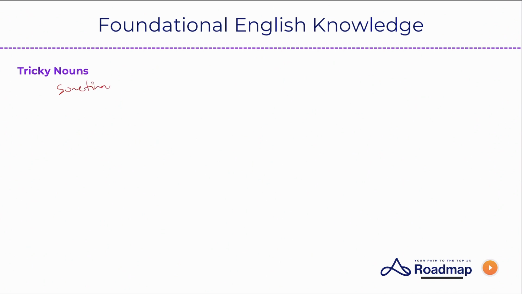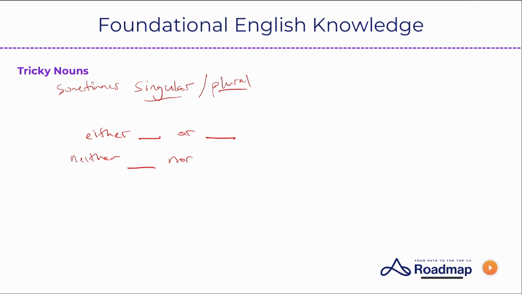Okay. So one of those is when you have either or, or neither nor. When you have a phrase like either or neither nor, the information that appears closest to the verb, this noun here, is going to determine whether the verb is singular or plural. Okay. So for example, if I say either the coach or the players,